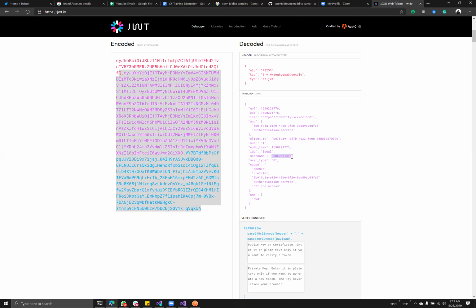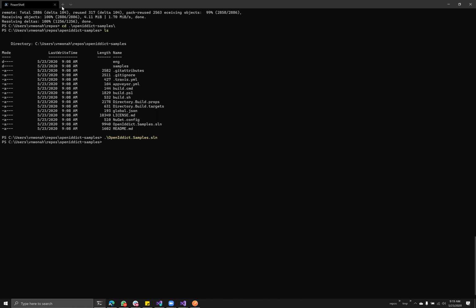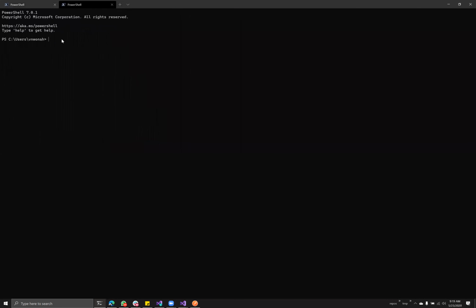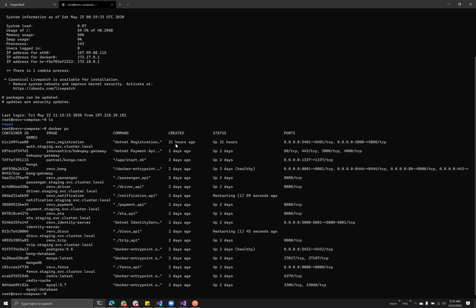So now how do we actually go in and create an API? Just to show you where this API is, I've been saying API, I'm actually going to log into the server. We have a server running on this IP. I don't know if you can see my terminal. I have this service called registration service. We're using a microservices architecture here. And if I look at my logs,